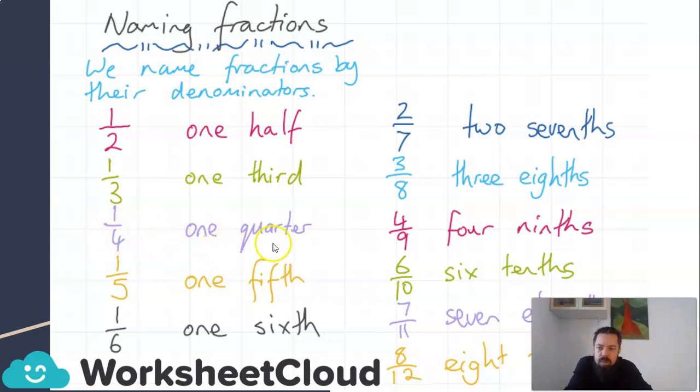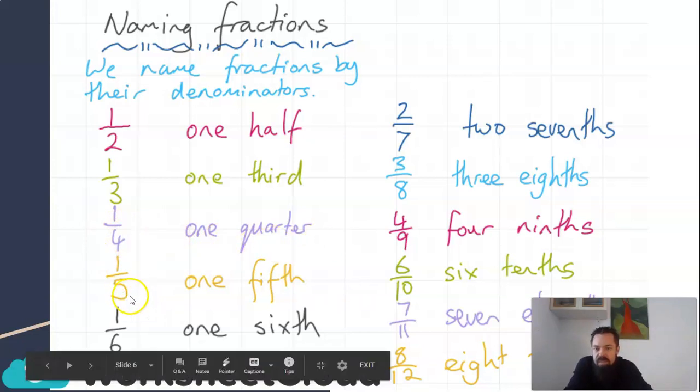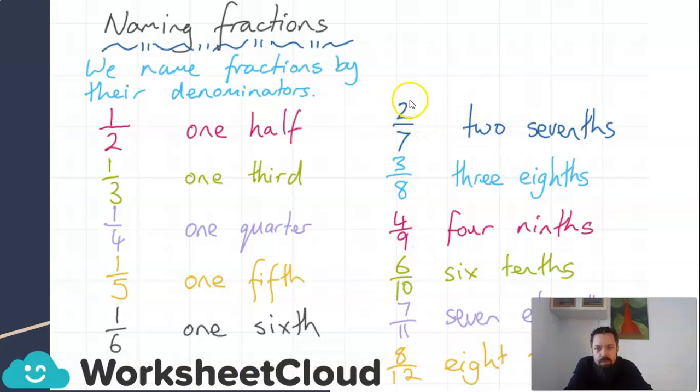So 4 is quarter. If it's a 5 at the bottom, it's fifths. If it's a 6 at the bottom, it's sixths. And you can see that these words are relating very strongly to these names over here. Okay, I've changed over here. So this, the 2 comes from the numerator. So 2/7,